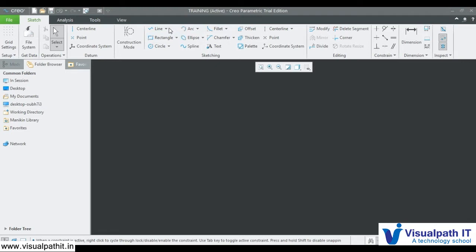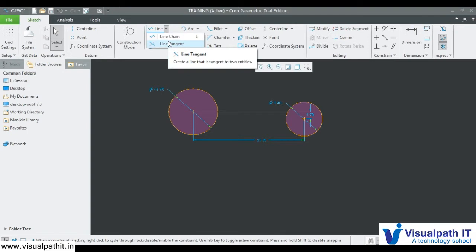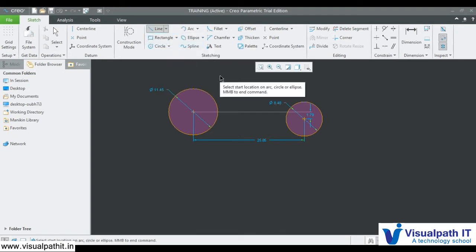Then we have the rectangle option, and the line tangent option is, let's say you have two circles or two arcs, something like that, and you want to create a line tangent to that.